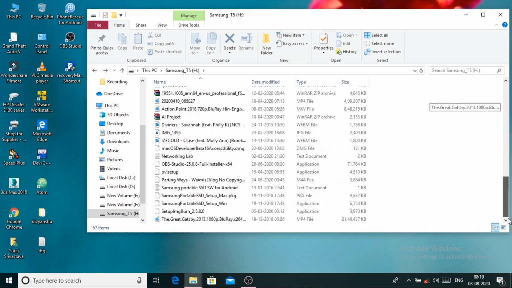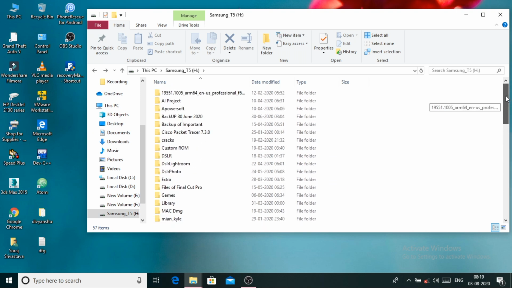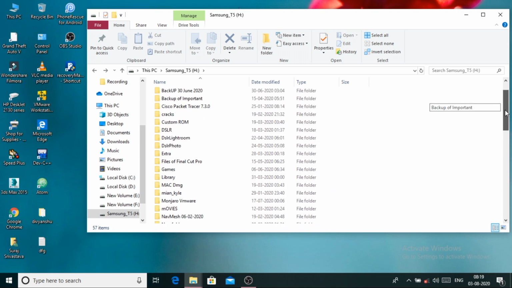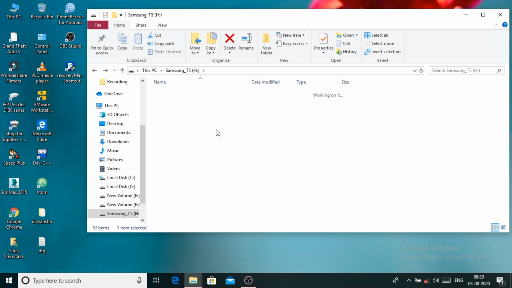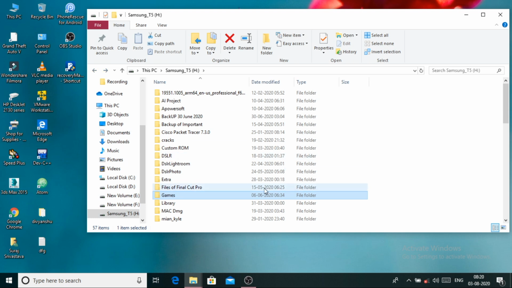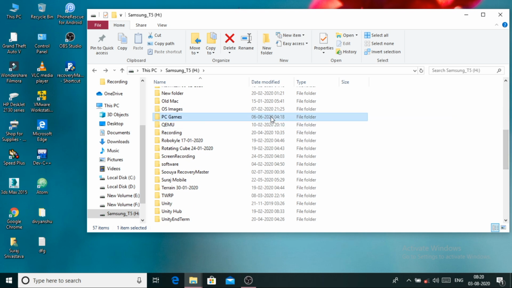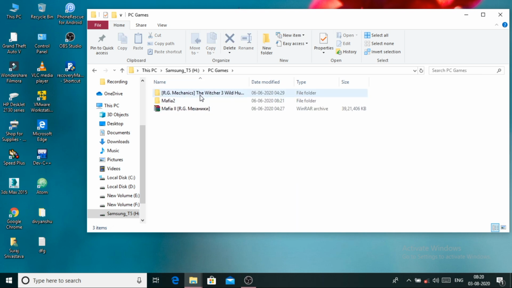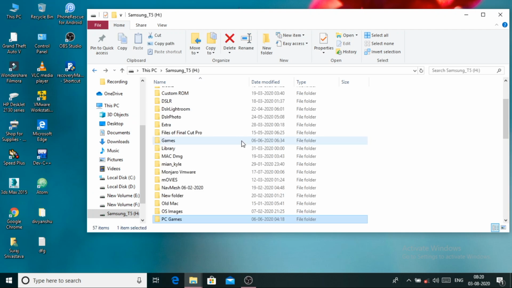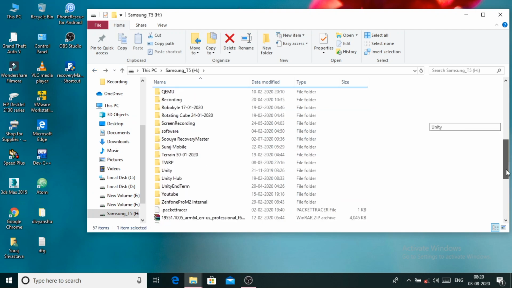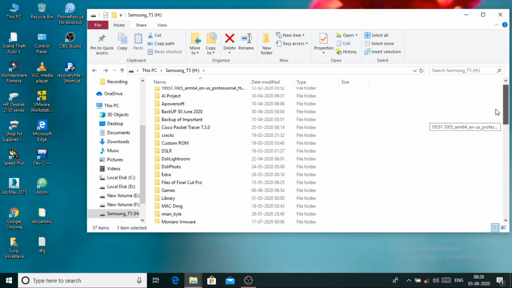Here you can see there is no game folder of GTA, and there is a games folder, but it has the Witcher 3 Wild Hunt. Even if I scroll down, you can see the PC games folder has Mafia 2 and the Witcher 3 setup. So I don't have GTA 5 here in my SSD, and I just deleted it in front of you.